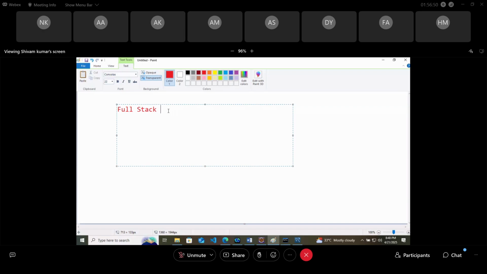What will they ask? Complete full stack. They will ask you the front end part, database part, DevOps part, Spring Boot, everything they will ask. But you will be working on one unit. That can be your React, that can be your SQL Oracle, that can be only Spring Boot also.